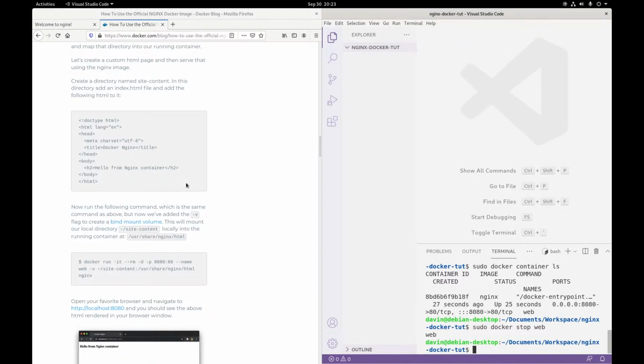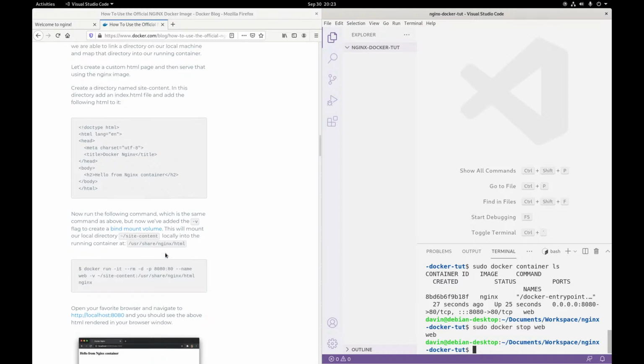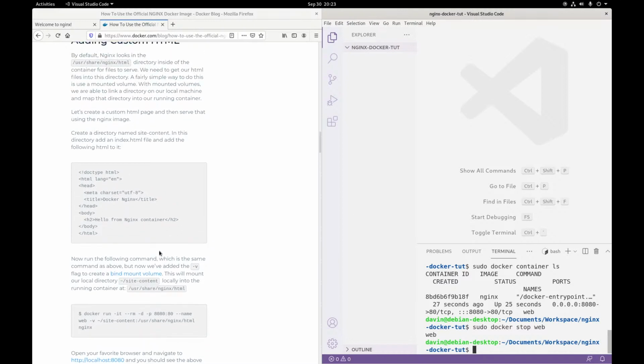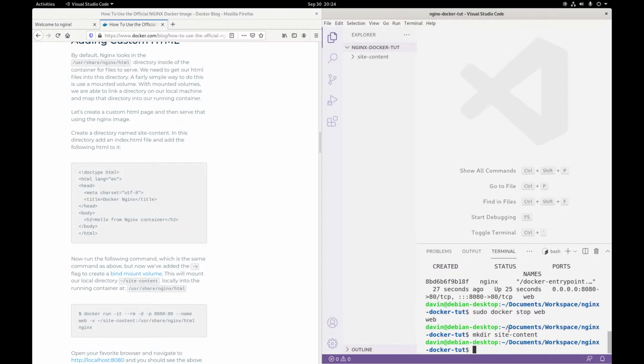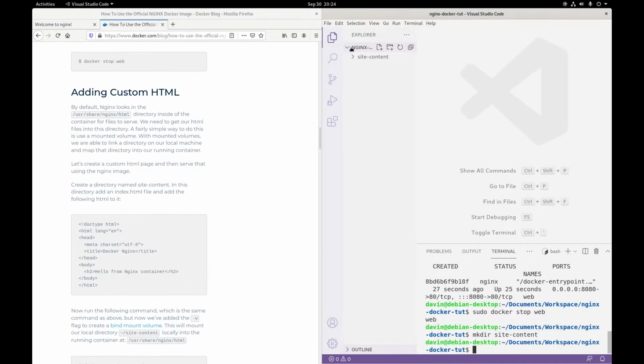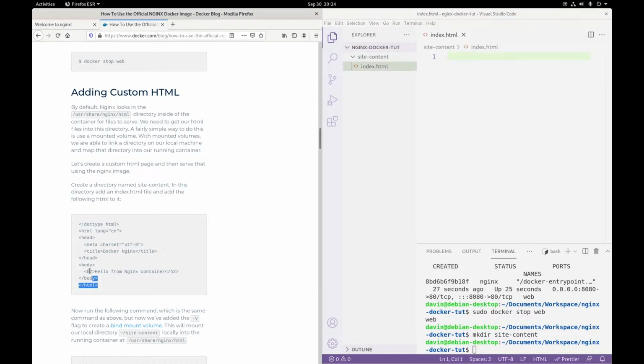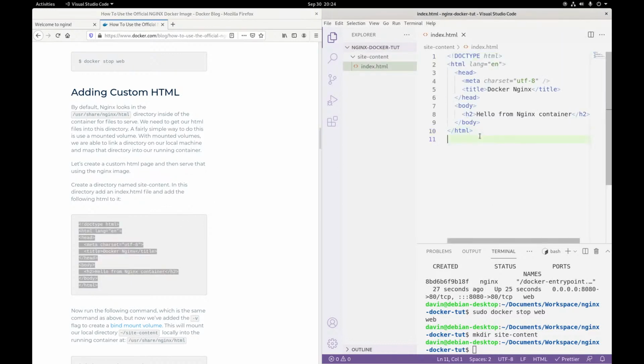So we're going to make directory site content, and then I guess just call index.html. We'll copy this,